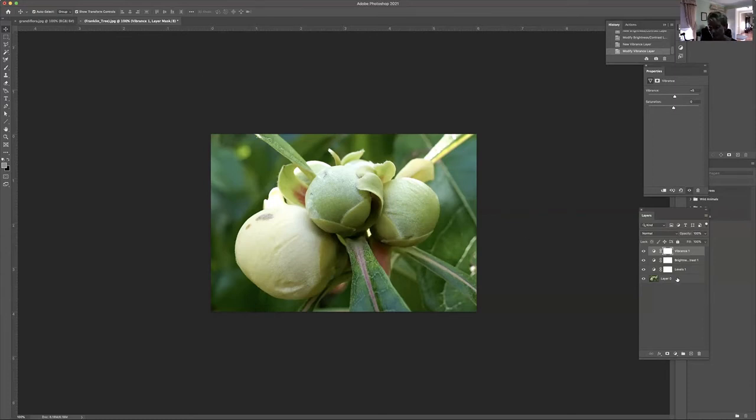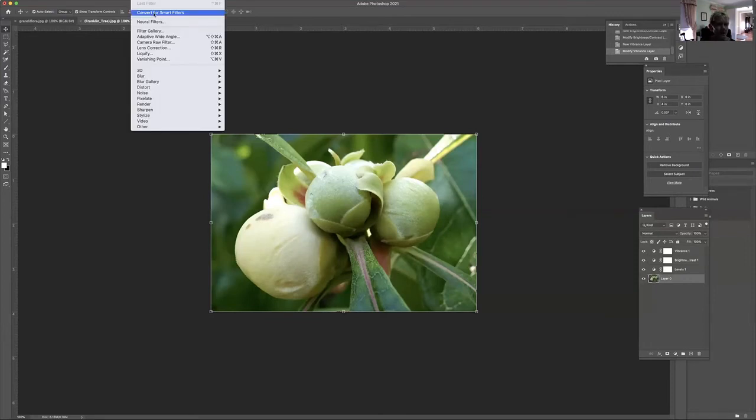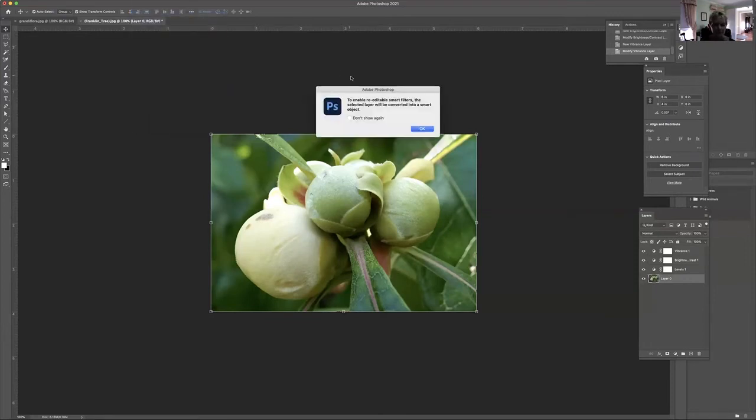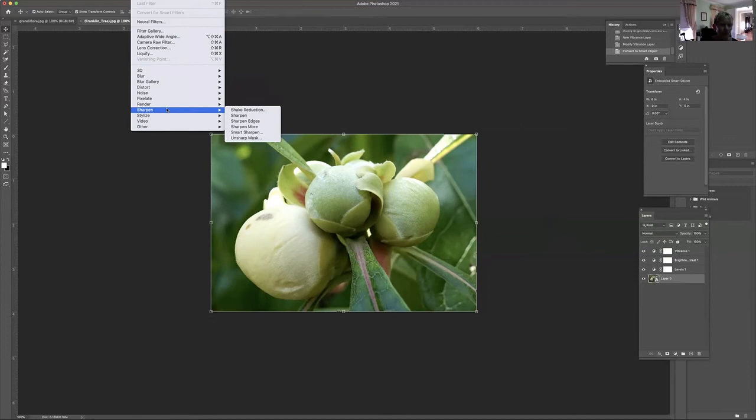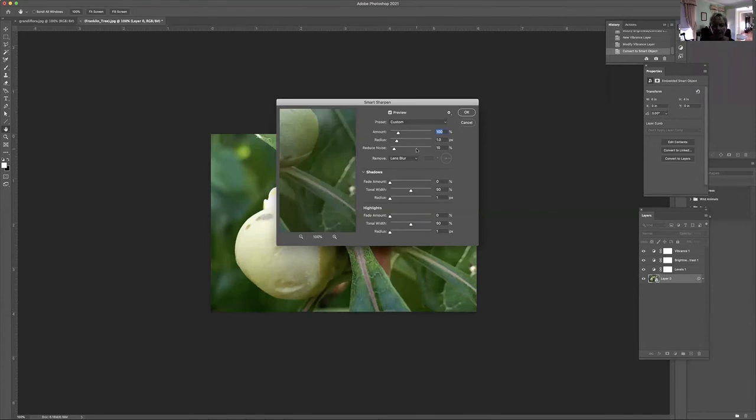And the next step will be to convert it into a smart object. So I click on layer 0 and go to filter, and I have convert for smart filters, okay? And here I am. Okay, so now my image has been converted into a smart object. So why did I do it? Well, because I want to sharpen my image. So I go to filter, sharpen, smart sharpen, and we'll do the